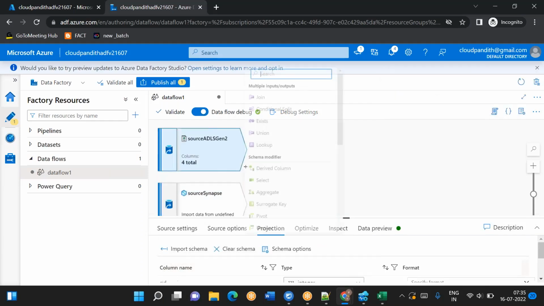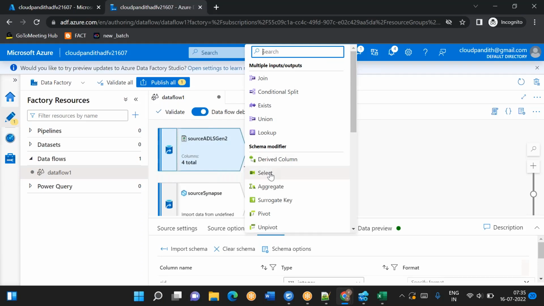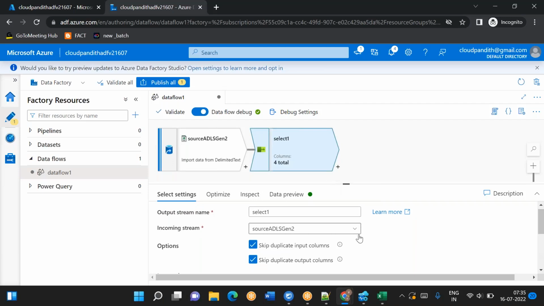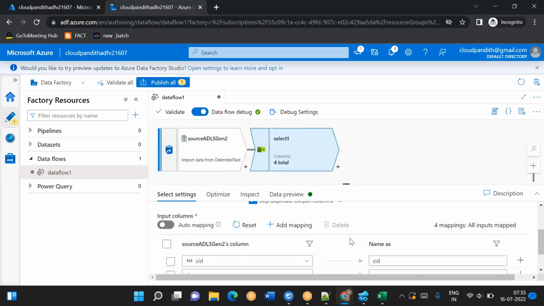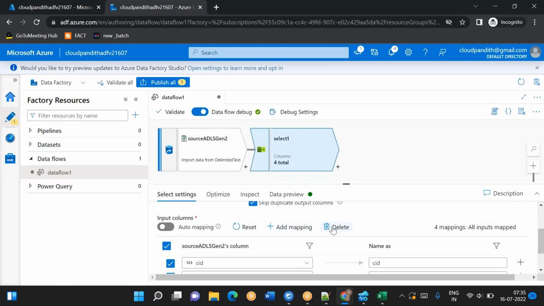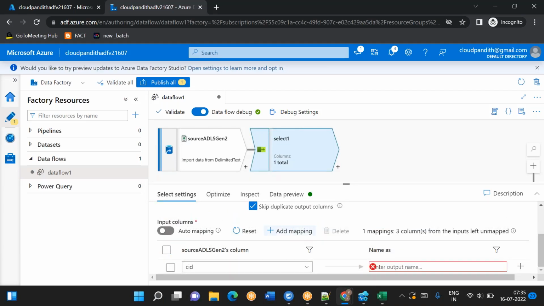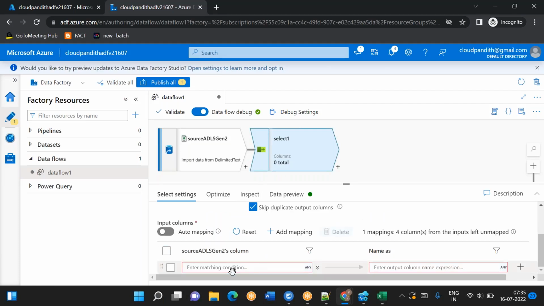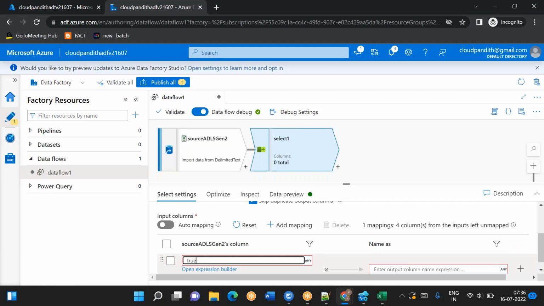Now come here. What do I need to do? Why do I need to select this transformation? Tell me. Yesterday we used it for renaming columns, because column names will be the same between the source and target. That's why I'm deleting all the source columns. Add a rule-based mapping. Delete this. In the rule-based mapping, what am I doing? Take all the columns. That's why true. And for all these columns, concat